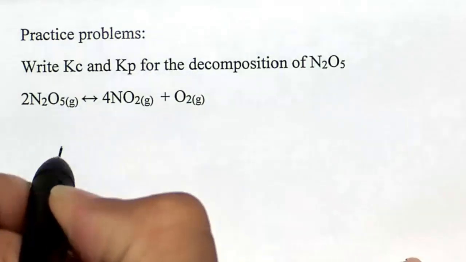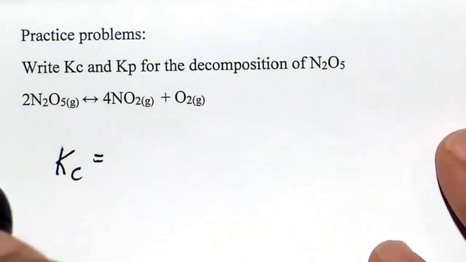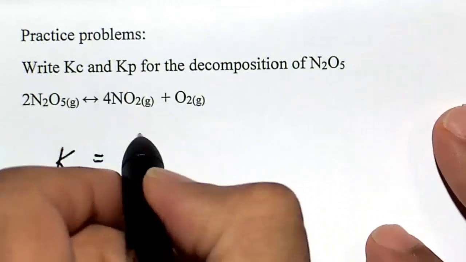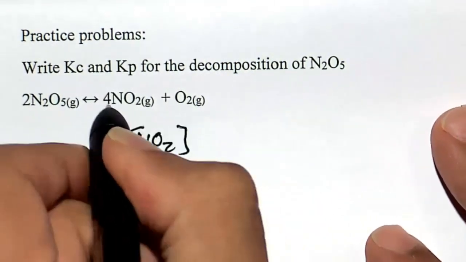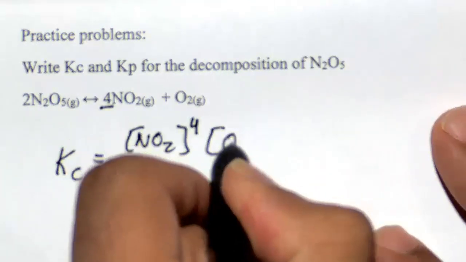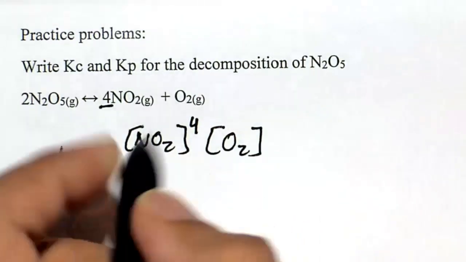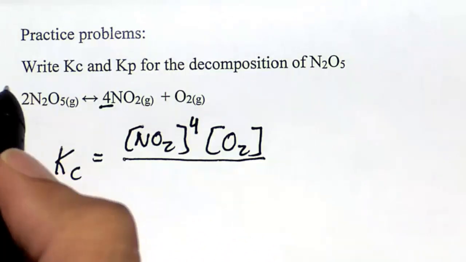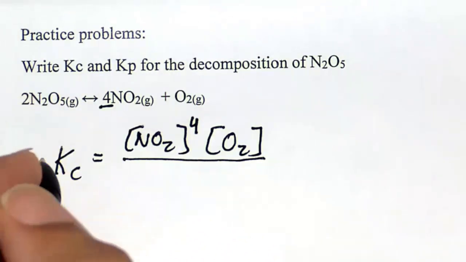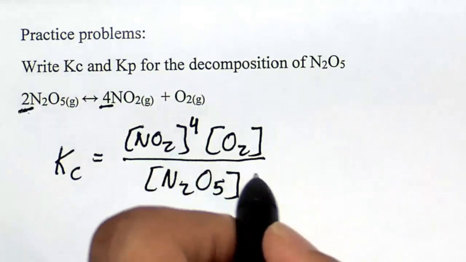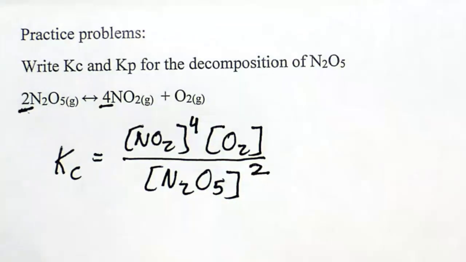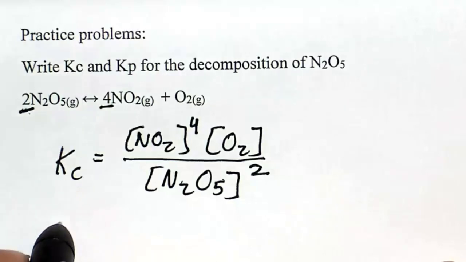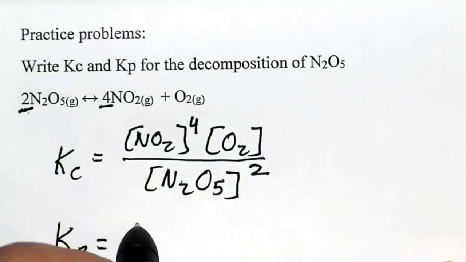If we were to have a Kc here, let's put the concentration of the gases. So NO2 concentration, that's raised to the 4th power. The O2 concentration of the gas, that's raised to the power of 1. All of that divided by the concentration of N2O5, that is raised to the 2nd power. So that's pretty easy. We can also do the Kp if these guys are in pressure, so we can have,